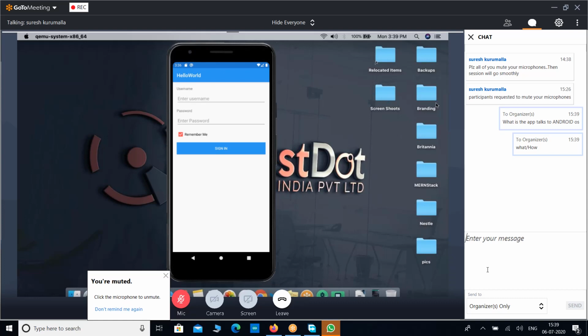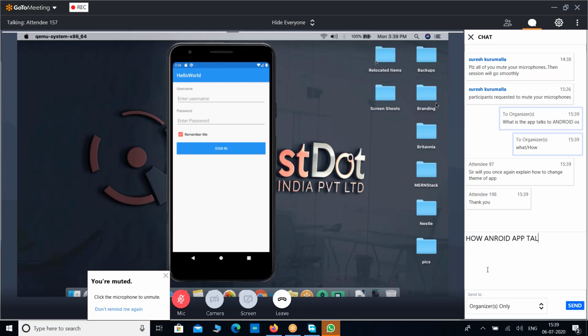The current version is Q, which is Android 10, and the upcoming version is R, which is going to be released in September. Android releases a new version every year in alphabetical order. Android started with A, and then they started with different names.